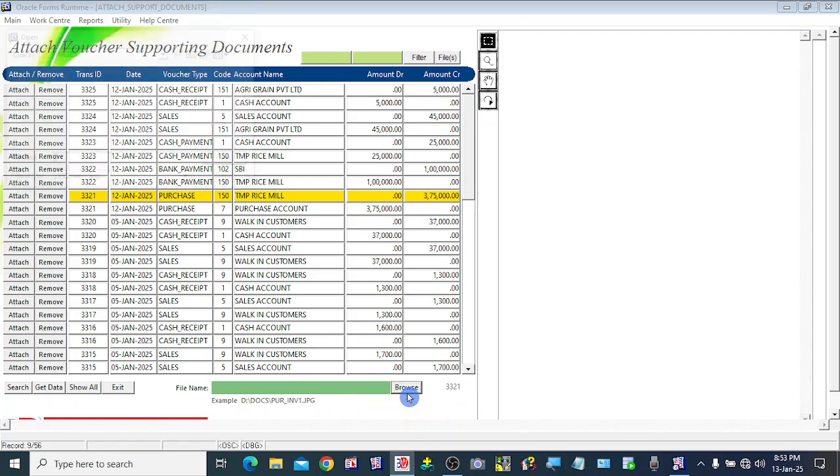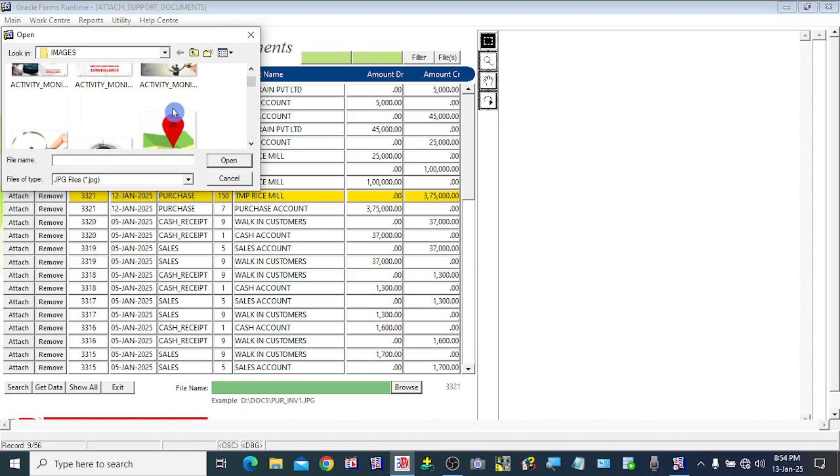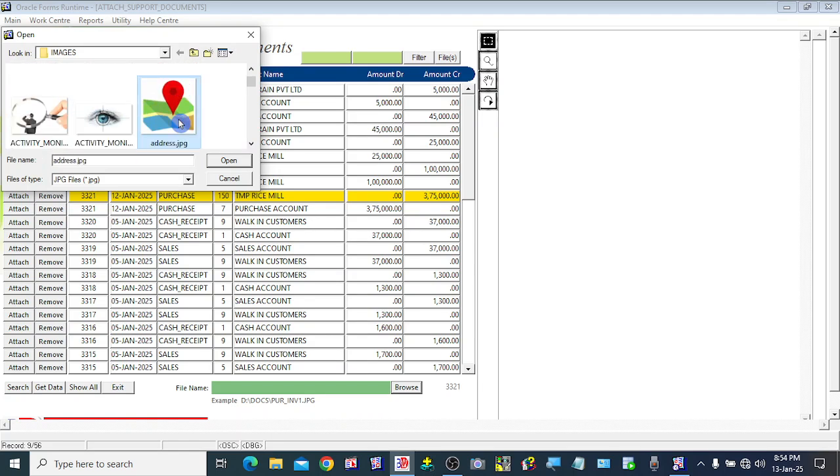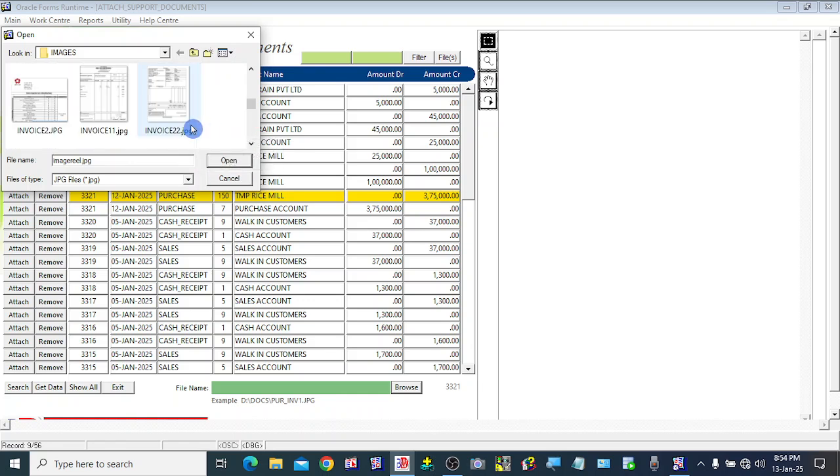By clicking the browse button, we can choose where we have kept the soft copy of this invoice. We can choose the invoice copy where you have scanned it. Consider this is the invoice copy of this specific purchase entry. By choosing this open button,